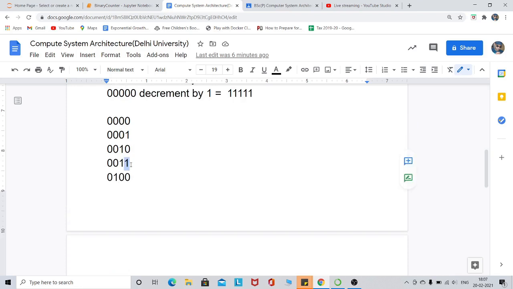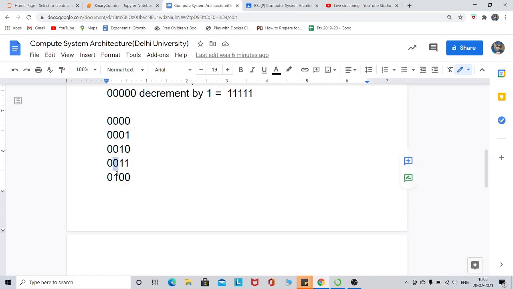The pattern is like that. If I encounter a 1, then I convert it into 0 until I get the first 0. As soon as I get the first 0, I have to convert that first 0 into 1. So 1 1 is converted into 0 until I get the first 0.